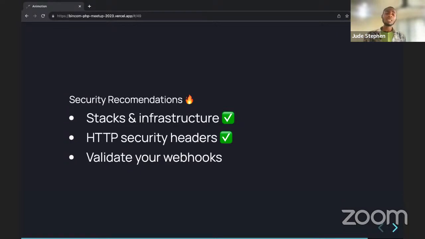So it's very important that we validate all our webhooks. Validate your webhooks. Don't leave it at "nobody knows my webhook" or "nobody knows the URL." Somebody will definitely get to know it as far as it's on the internet. So the best thing to do is make sure you put a gate there so that it's safe. That's that about validating your webhook.